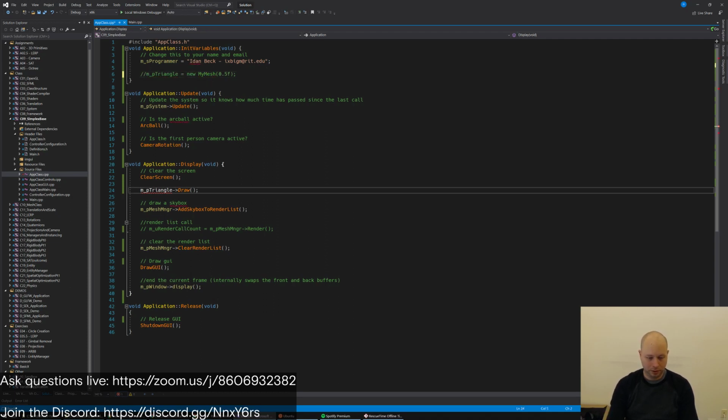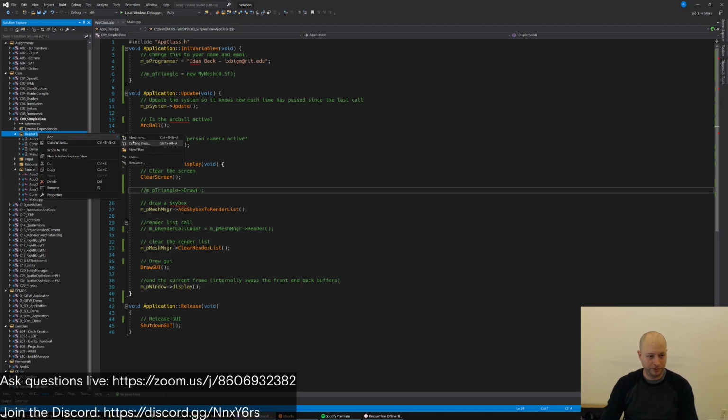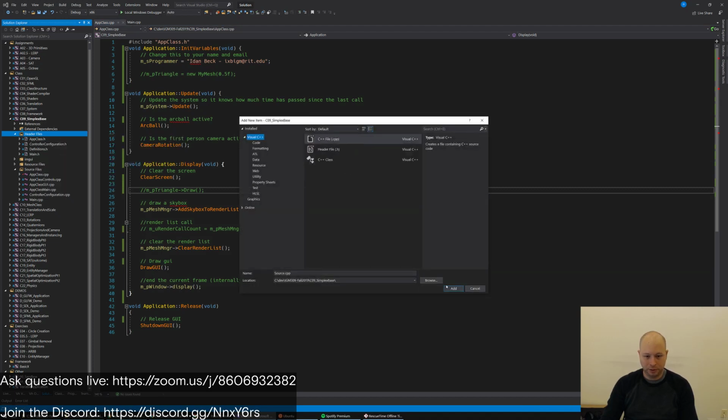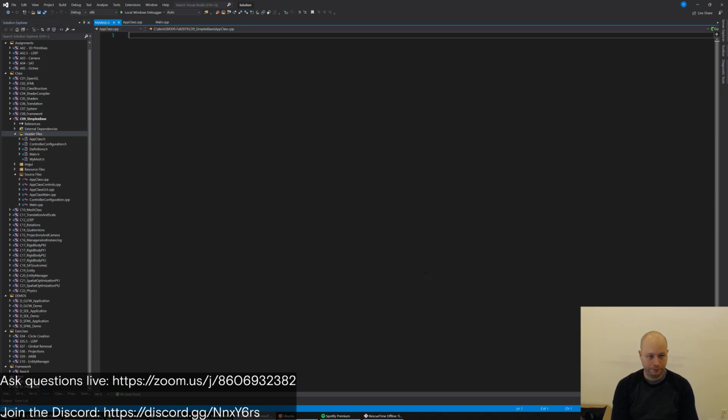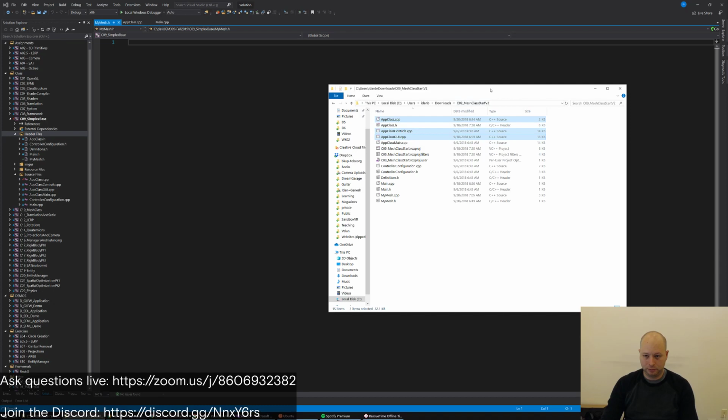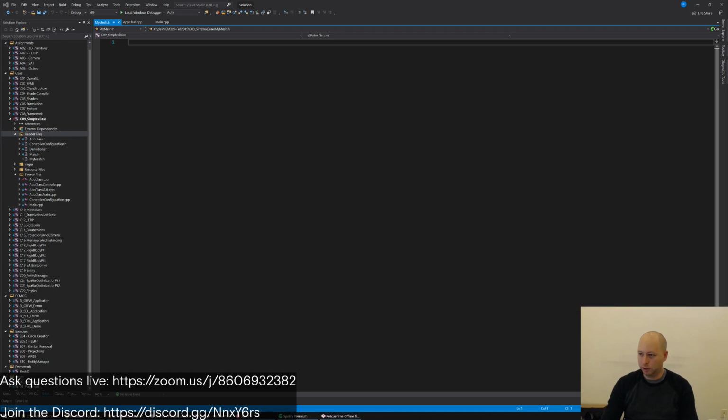Okay. Well, first things first, we need to create a new header file. And let's do a new item. And let's make sure we're in the right place. And let's call this mymesh.h. And very quickly, we want to kind of spec this out. mymesh.h, define mymesh.h, and if